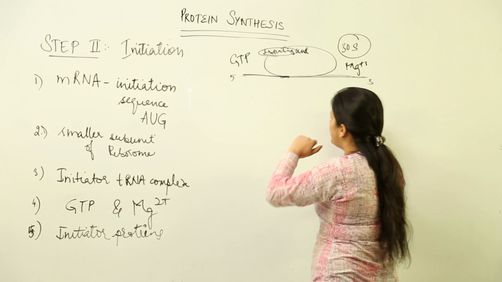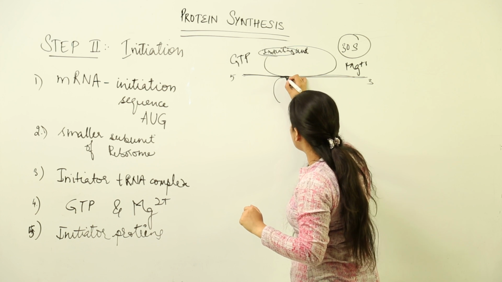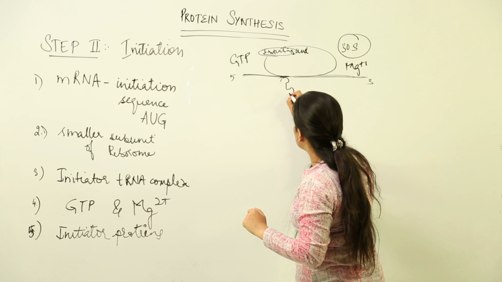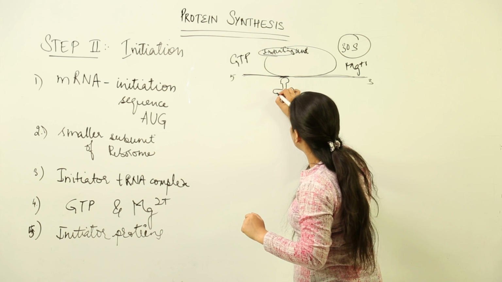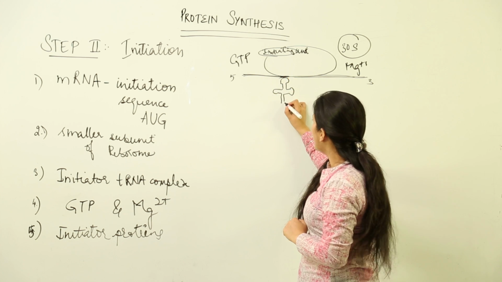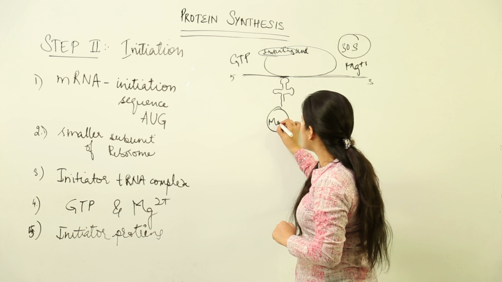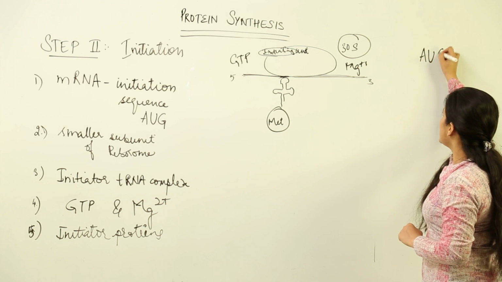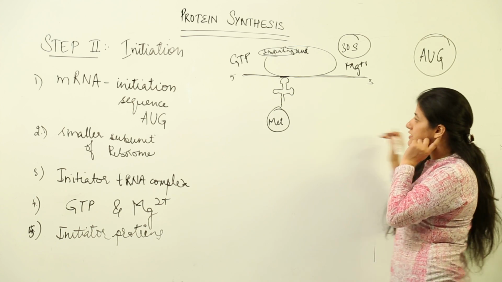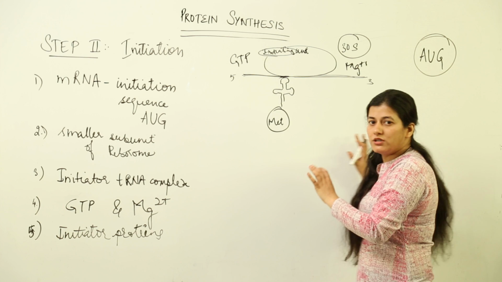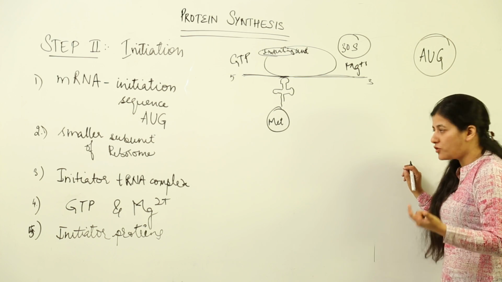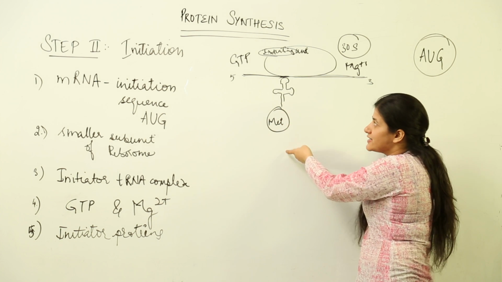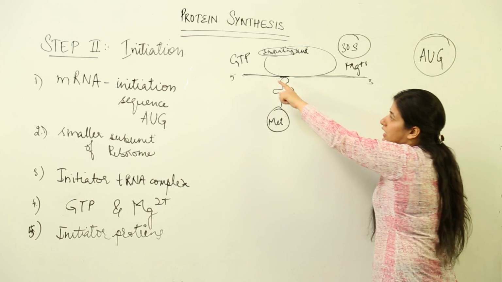When this comes and joins with the mRNA, what happens is the initiator tRNA comes at this site. This I am going to draw as we have. This is initiator tRNA that comes and joins like this. Initiator tRNA has amino acid methionine joined to it. Alright, the amino acid methionine is coded by, according to the genetic codon, that is AUG. Now AUG is the initiator sequence, as I told you. This AUG will be methionine in eukaryotes and formyl methionine in prokaryotes. So when this tRNA, that is either formyl meth or meth, that comes and joins with this 30S containing mRNA,